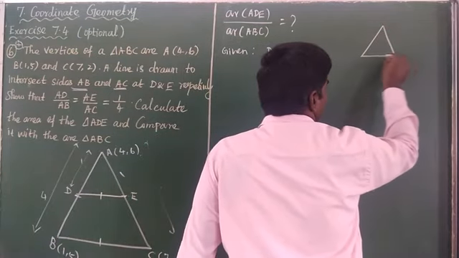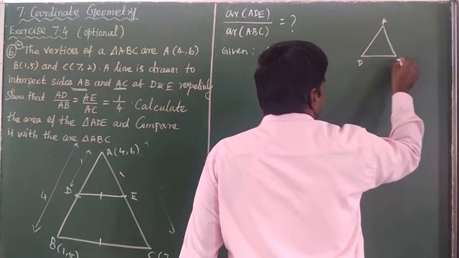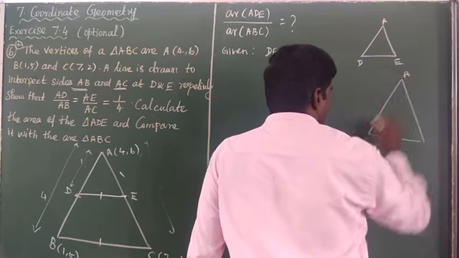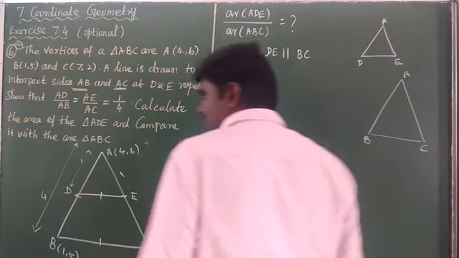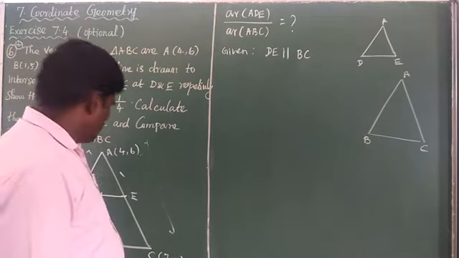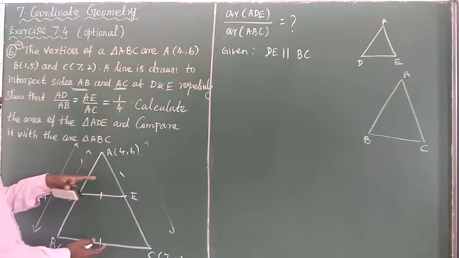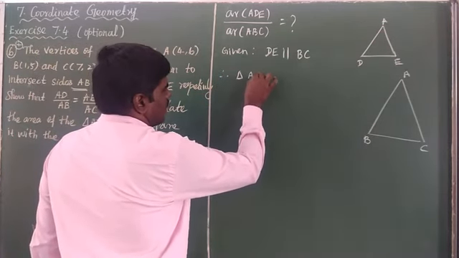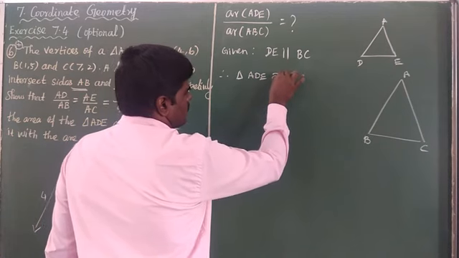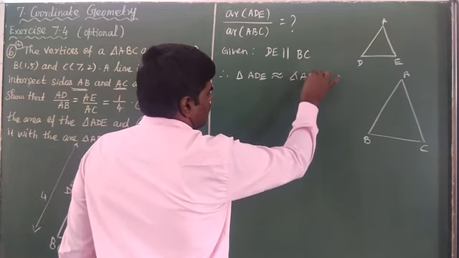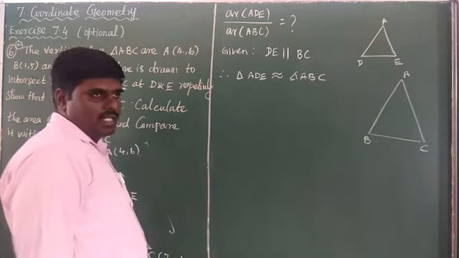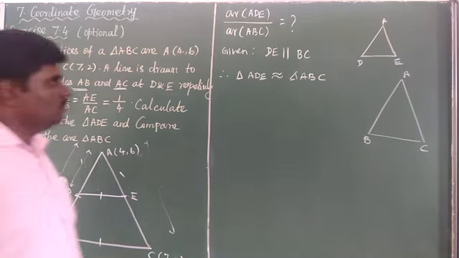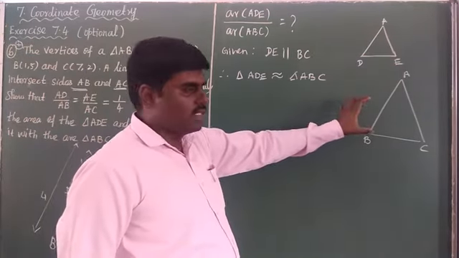Okay, what are the triangles? In the triangle ADE, next in the triangle ABC, the whole triangle ABC. So the two lines being parallel means the two triangles are similar triangles. In conclusion, triangle ADE is similar to the triangle ABC. The theorems and proofs are available in the triangle chapter. Now here the two triangles are similar triangles.